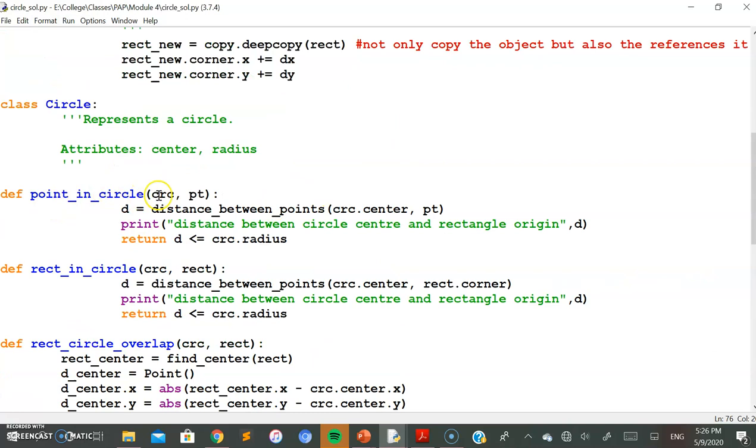So here is a function which accepts the two values. In order to get to know whether this point lies within the circle, you need to find out the distance between the circle center and this point. How that is found out is, again we are calling another function known as distance between the points,